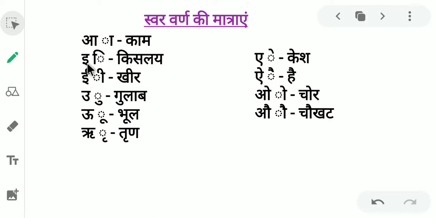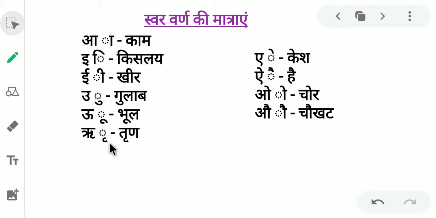Okay. So it is a sign of e. So we can pronounce this like kis liye. Now it is a sign of big E, like kheer, and it is a sign of U. So we can pronounce it like gulab. It is a sign of big U, bhool,